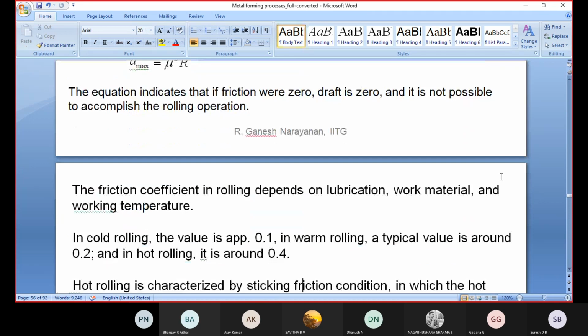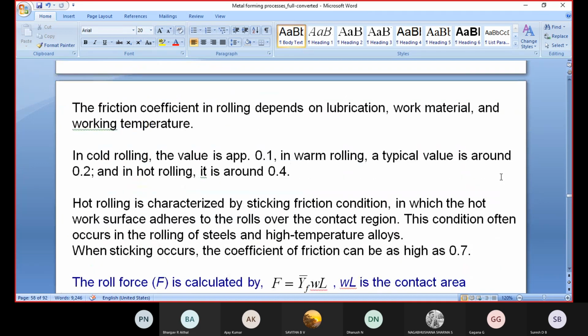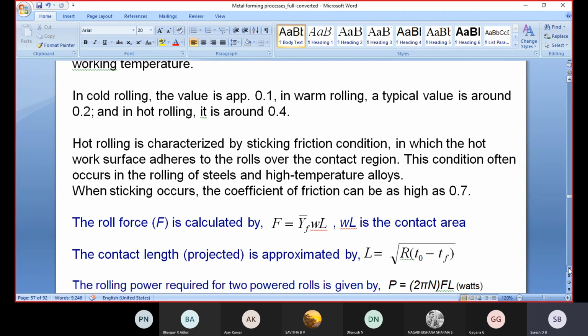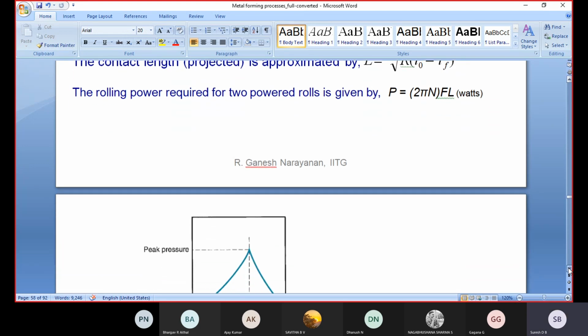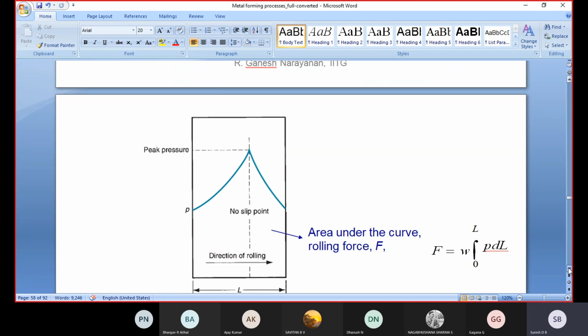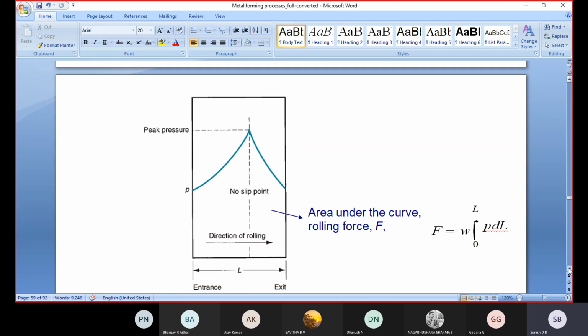Friction is also very important. Because the two rollers rotate in opposite directions, friction is created between both the rollers. At that time also, a small amount of material wears out, and it is very difficult to maintain good surface finish. Then, where exactly is the maximum pressure or maximum compression of the material: at the entrance, the exit, or the center of the rollers? This particular curve is very important in the rolling process.